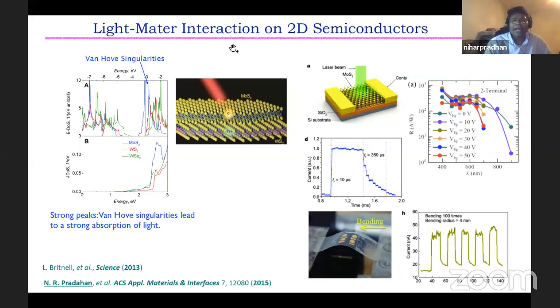And as you can see, when you shine the light, you can easily generate many electron-hole pairs because the materials can absorb so much light here, okay? But it depends upon the number of layers. We'll discuss that. But one example here shows how strong this light-matter interaction is in this 2D